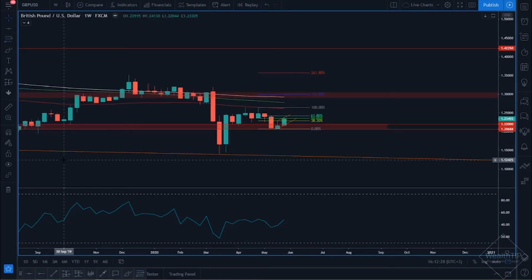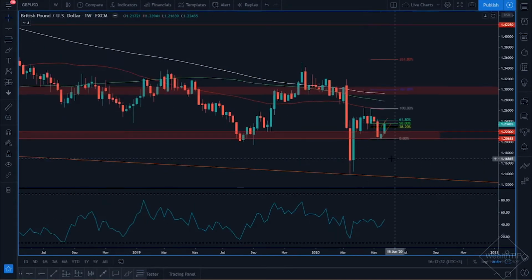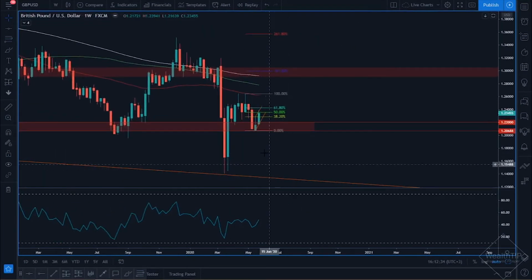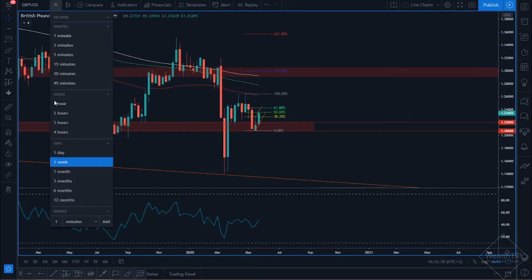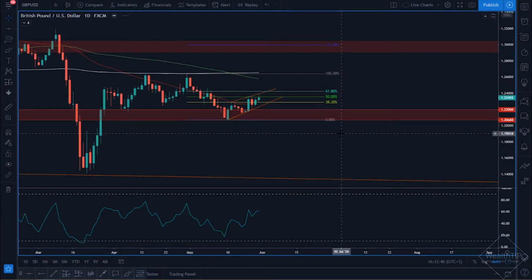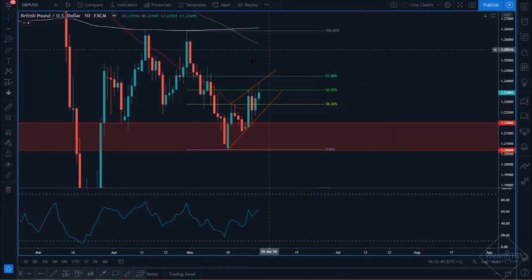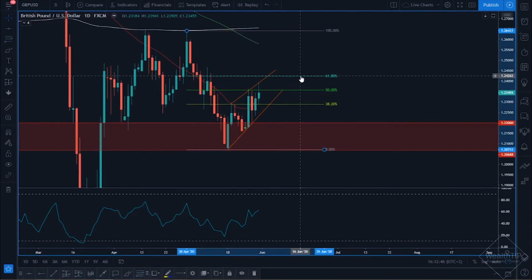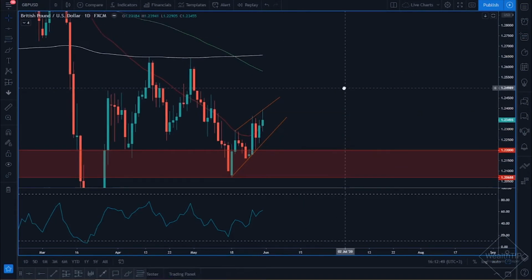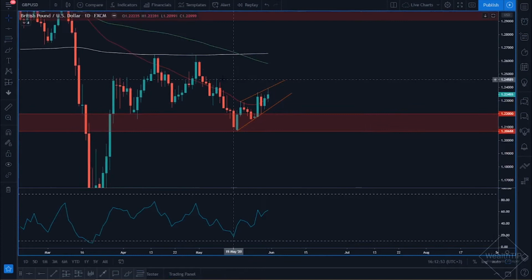Now, what we can also look at if we go over onto our weekly time frame is the following aspects. Notice on our weekly, we have this morning star formation. But if we go over into our daily time frame, things become a little bit more complex because now I know that the screen looks a bit messy. So what I'm going to do is remove the fib just to give you guys a bit of context with regards to why I removed it and why I drew it in there in the first place.